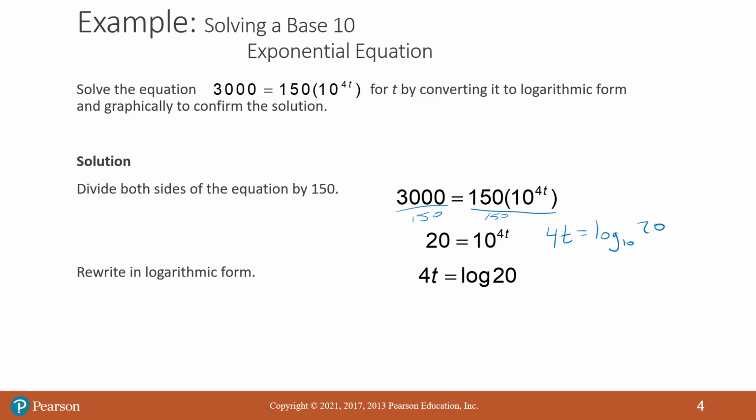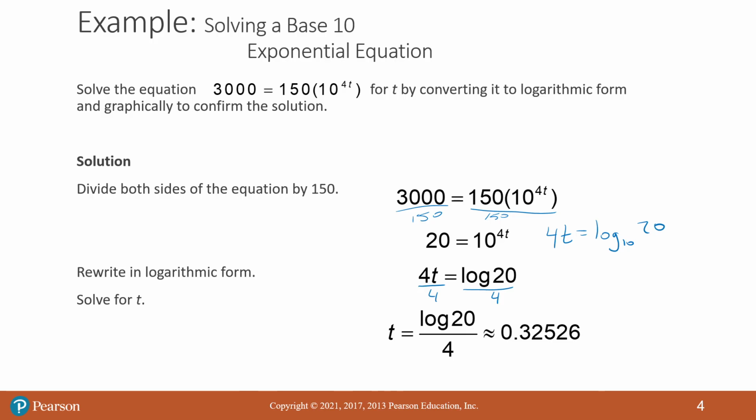But keep in mind, if your base is anything other than 10, you can't just write log. You have to write the base with it. But here we do have the special case where it's 10. So we just jump down to log of 20. Now, we're going to divide by 4 on both sides. That'll be our final step there to solve for t. And if we divide by 4, we get t equals the log of 20 over 4, which you can use your calculator to approximate at